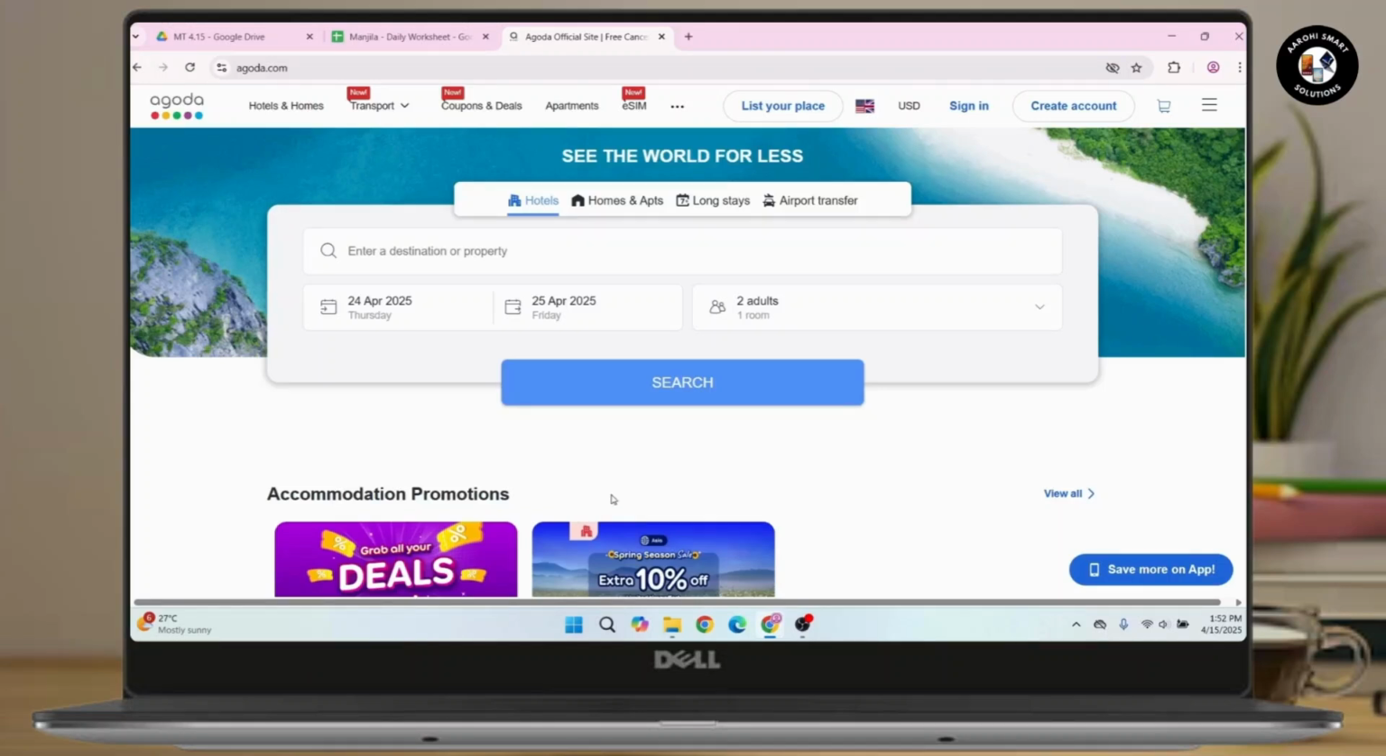But if you want to use Agoda Cash, here's how you can do it. Go to their official website, that is agoda.com, and make sure to log in to your account. In order to log in, click on the sign in button, enter your login credentials and then log in. If you don't have an account yet, you can create one by clicking on create account, follow the on-screen instructions and then log in. After that, you can search for the hotel or the service and select the one according